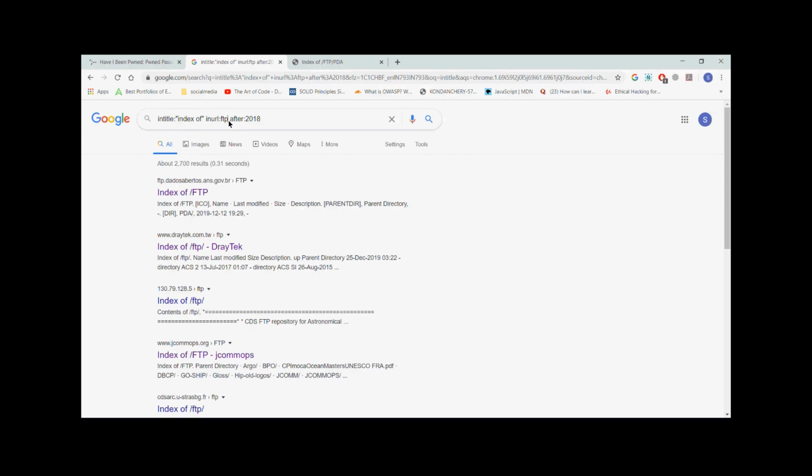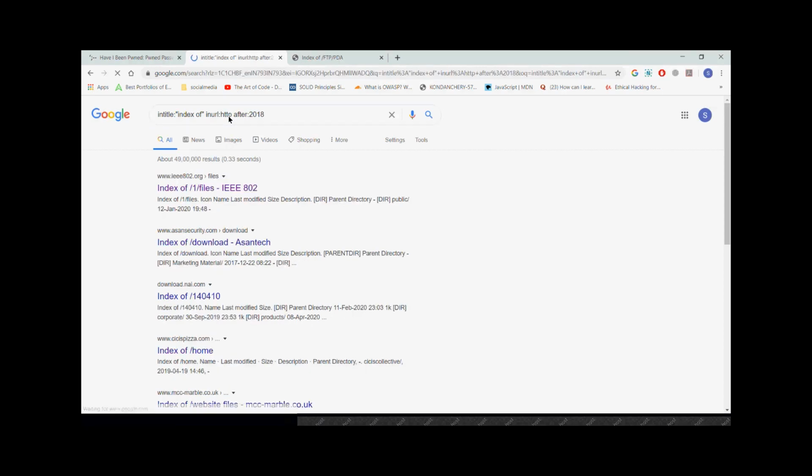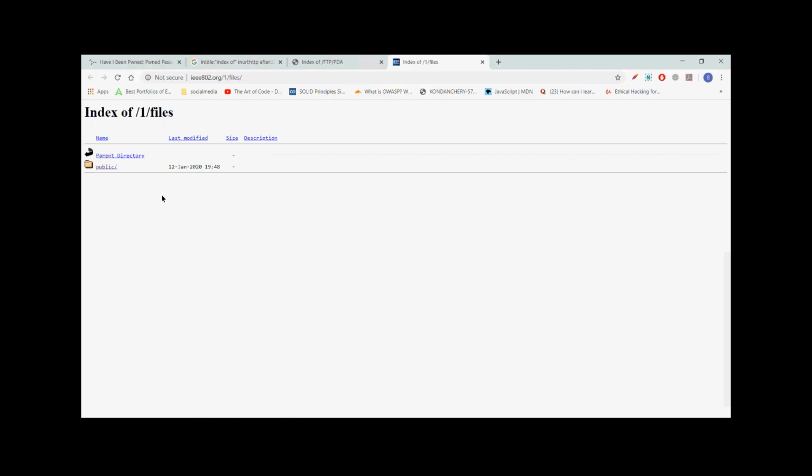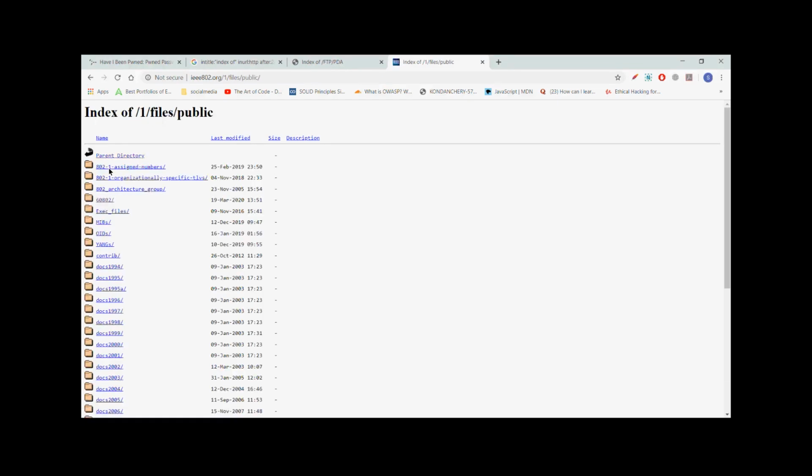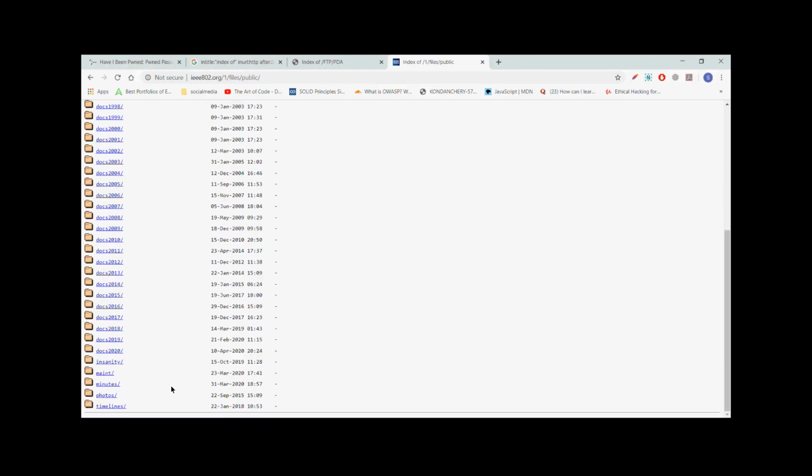For example, you can also put HTTP. Here also you can access those files. See how it is visible in public. You can access all those directories, and hackers can easily steal that data.